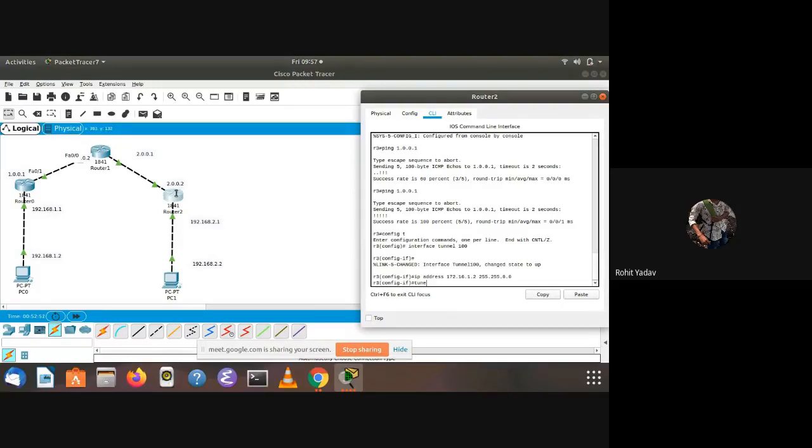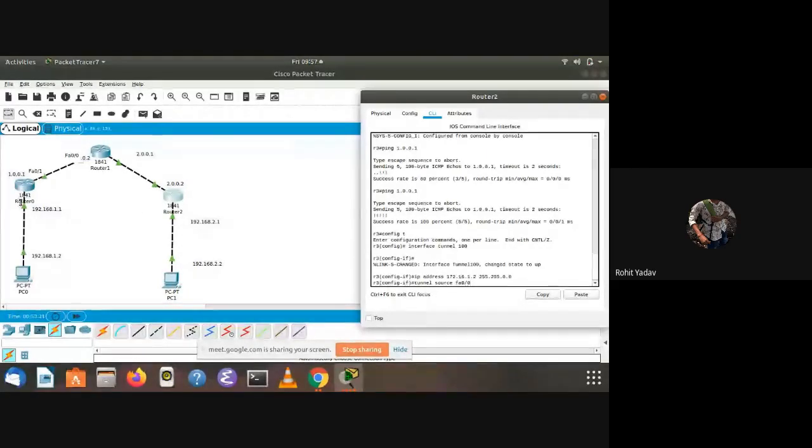So tunnel source from this interface, FA0/0. There is a problem, I can't remember the name. But the source is FA0/0.